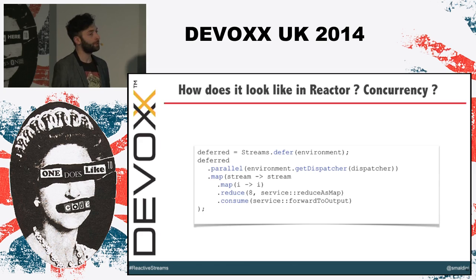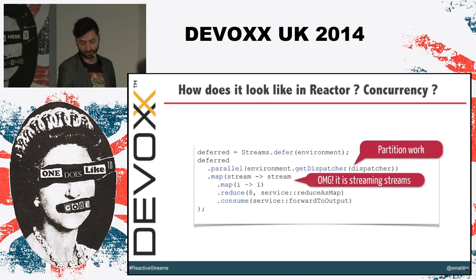Remember, a stream is tied to a resource, but that doesn't prevent you from doing concurrent stream processing. So often implementations such as RxJava or Reactor come with a dedicated method to do parallel processing. Parallel in that case is interesting because it will partition the work across a number of threads, depending on the dispatcher you provide. And the next operation won't receive the element you thought it would have received, but receive a stream